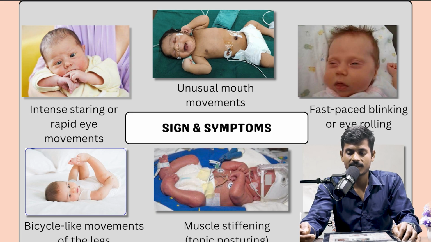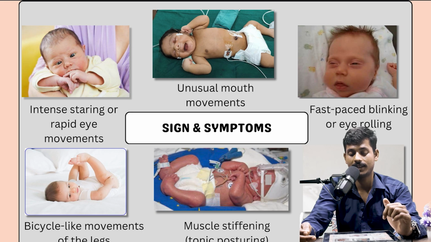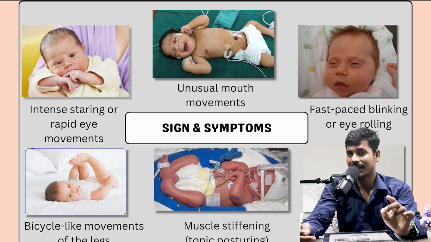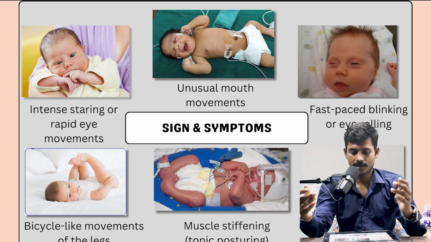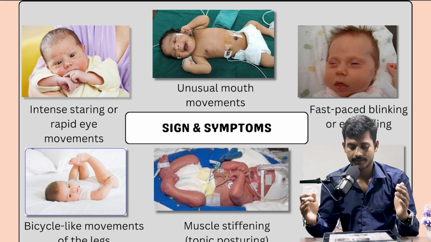The blood glucose level and electrolytes are important in neonatal seizure, especially when the baby has a seizure on the 1st to 5th day. If the baby has a seizure in the 1 to 5th day, there is a much higher probability that the seizure is caused either by a hypoglycemic condition or by a hypocalcemic condition. So either there is a deficiency in calcium or in glucose. That is something of a golden standard in the diagnosis of neonatal seizure during the 1st to 5th days. Got it? Now